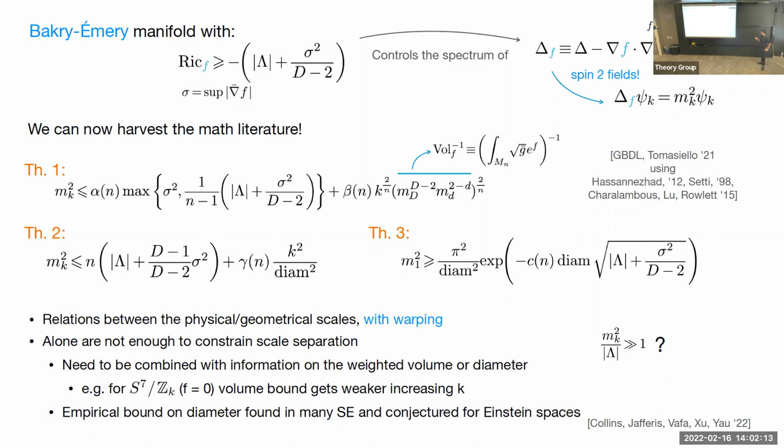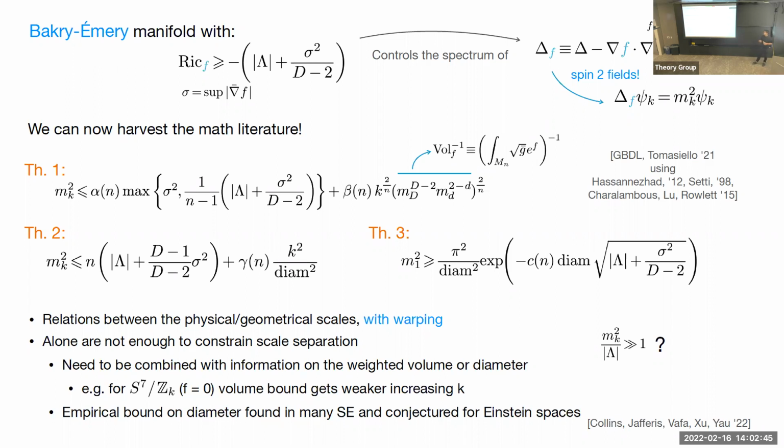And so this constrains the speed to scale in general, even with warping. And then you can start asking whether you can use it to prove, for example, that there is or is not scale separation, say, by using just classical sources. And unfortunately, these bounds alone are not enough. These give a constraint between the precise relation between the spin 2 fields and, say, this warped volume or the diameter. But to be able to prove scale separation or exclude it, you need to know something more about the